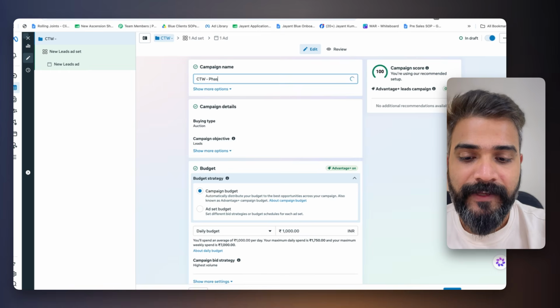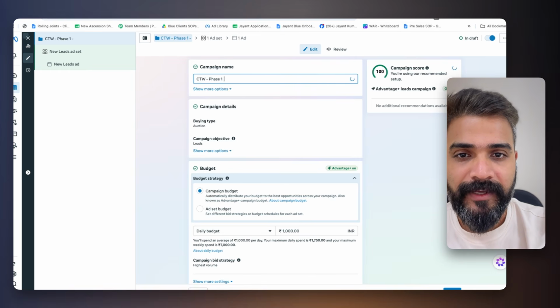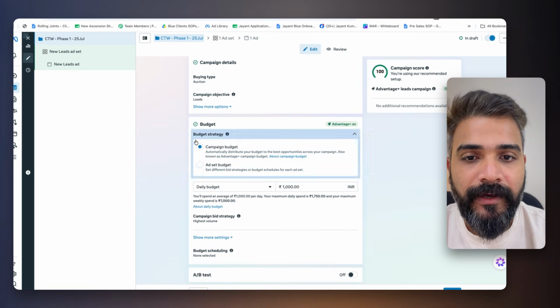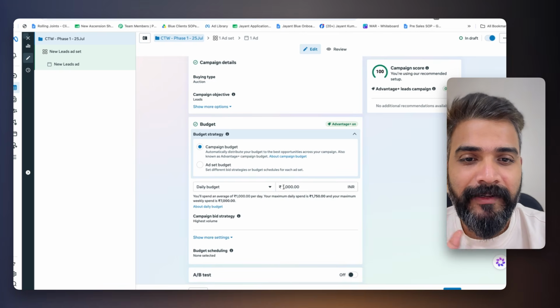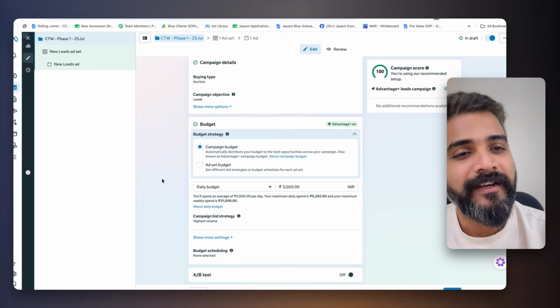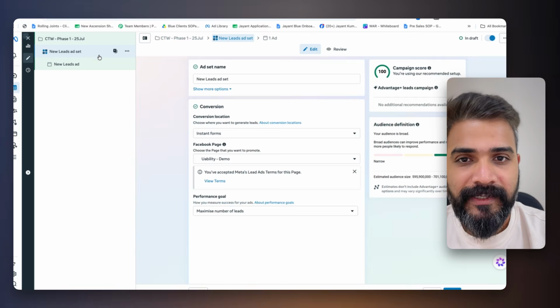Let's say you call it phase one campaign, and just put today's date, 25 July, something like that. Now it's totally up to you whether you want to keep it campaign budget or ad set budget, but the minimum budget that I want you to put is 3,000 rupees. It's difficult to find people. Next is the ad set.